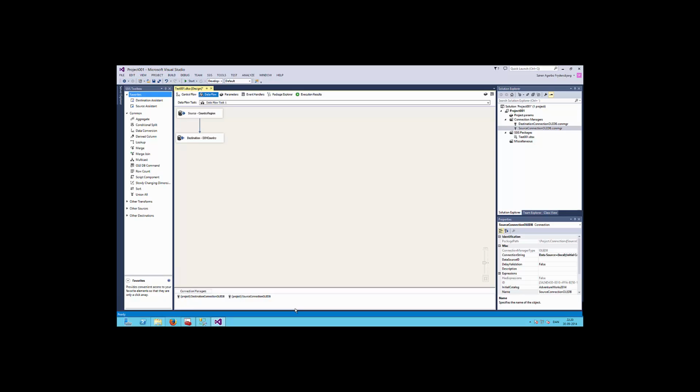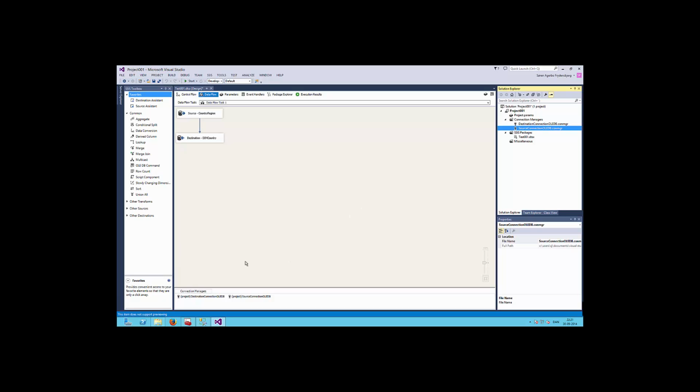They are used in the package, and that means that I can use these connections in 10 packages instead of 1. That has the benefit that if we want to change something, and I will show that in later modules, then it's easily done. If I want to change the server for this one or this one, then it is easily done for all packages that are in this project.